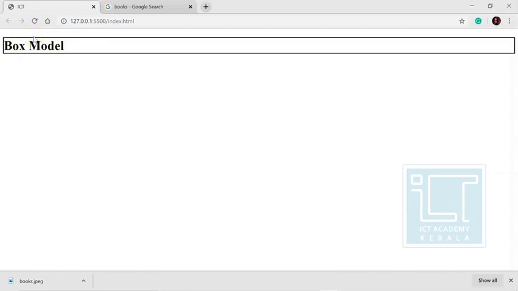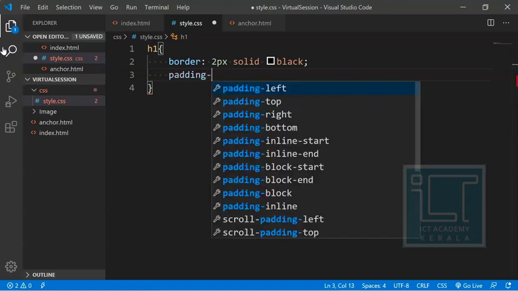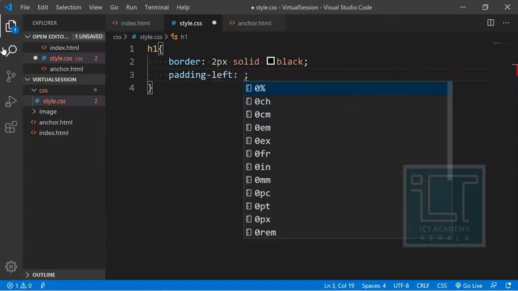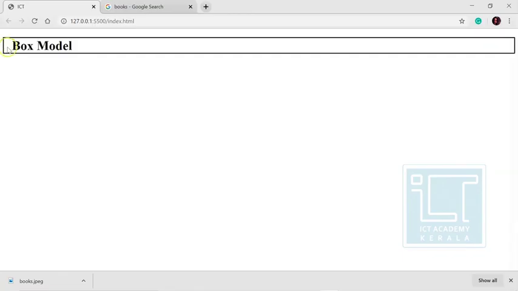So padding can be given for the top, for the right, like padding right, for the bottom, padding bottom, and for the left, that is padding left. Generally, if we want to give a common padding size to each side, then we can simply give padding. Or else if I want a padding left, I'm going to give a padding left of 20 pixels. See, there is a space that appears, right?